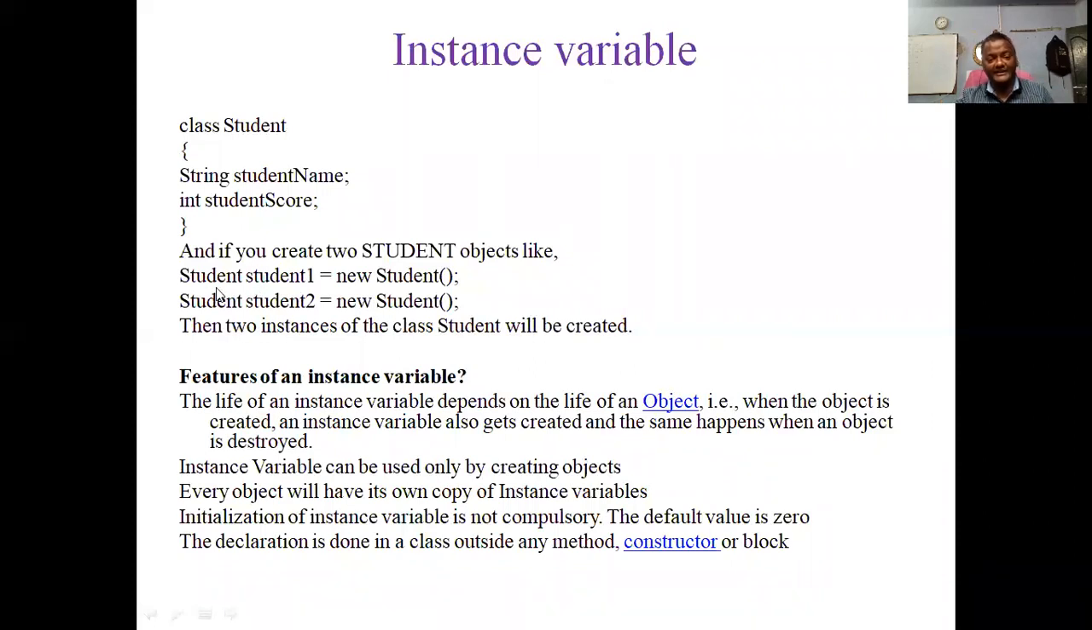Let us take, I am creating two objects. Suppose student 1 object and student 2 object. In student 1, I am using these variables. What is the student name? Suppose Ganesh. What is his register number? 21. In student 2, what is the student name? Okay, Prasad. So what is the student number? We say 89. So I am using student name and student score as a single variable, but in